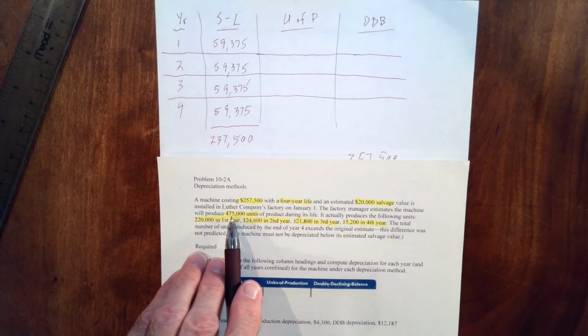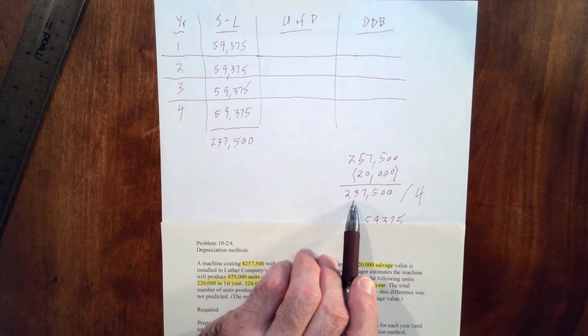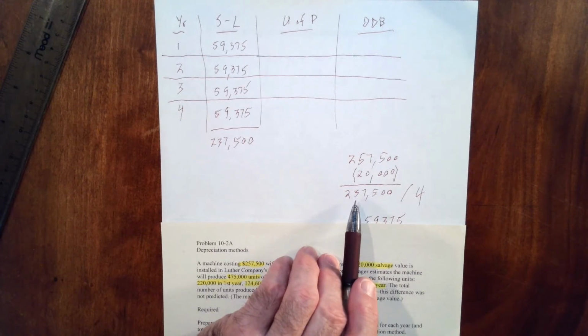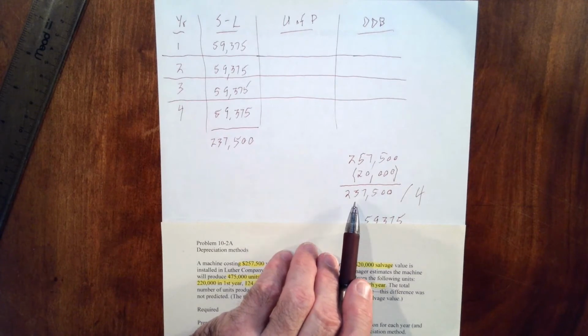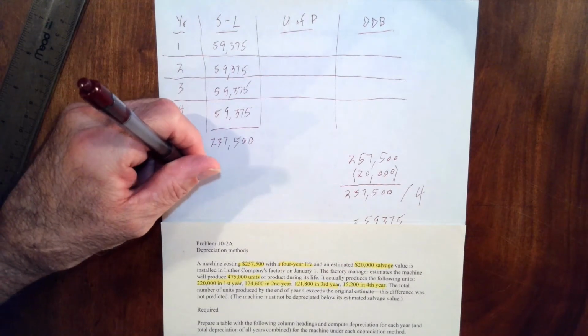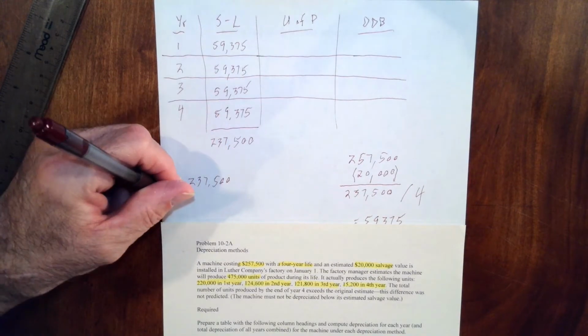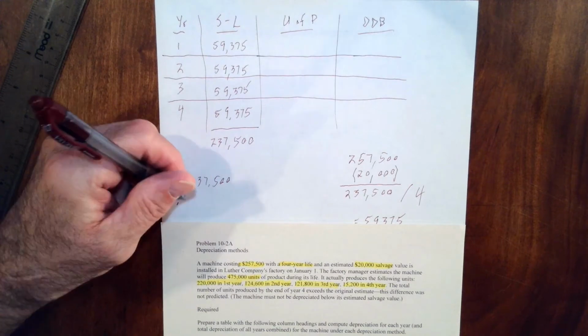So again, I'm going to depreciate only the book value amount, $237,500, after I have taken care of deducting the salvage value, because under units of production, I don't want to depreciate the $20,000 salvage value. I only want to depreciate this, $237,500. So I'm going to take $237,500 and divide by the total number of units that I think this thing is going to produce. Okay, so 475,000